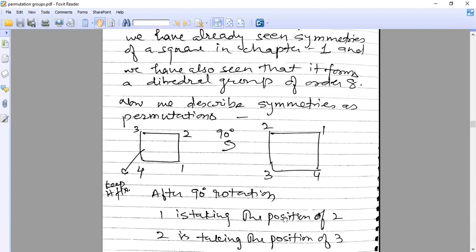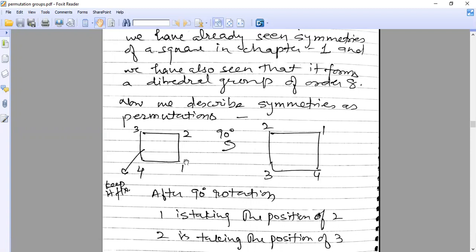So you take this initial position, and these are the 4 corners of the square. We are naming them 1, 2, 3, 4. What we were doing there was rotating it 90 degrees anti-clockwise, then 180 degrees, then 270 degrees, and then reflecting horizontally, vertically, and diagonally. So you have this initial position, you keep it fixed, then you rotate it 90 degrees anti-clockwise, and 1 will come here, 2 will come here.